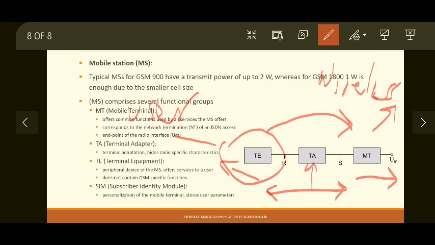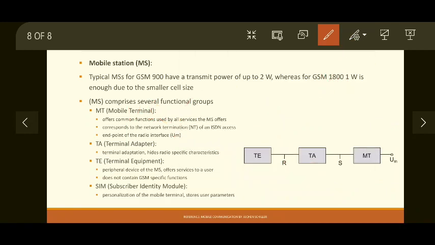Whatever radio signals are received that are not known to the user are converted into appropriate values and signals for display by the terminal adapter, whereas whatever information is entered by the user is converted into radio signals by the terminal adapter. So these are three functional entities. Apart from that, it is supported by a SIM card which stores all the necessary information specific to the user. So these are the functional entities of a mobile station.